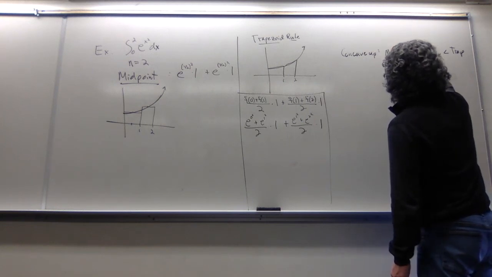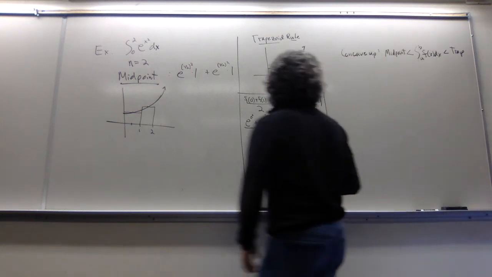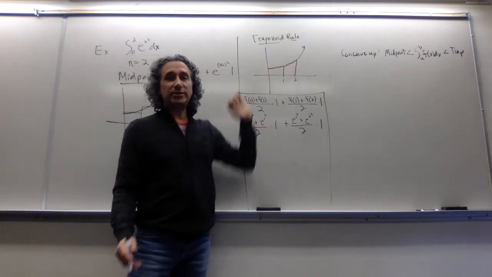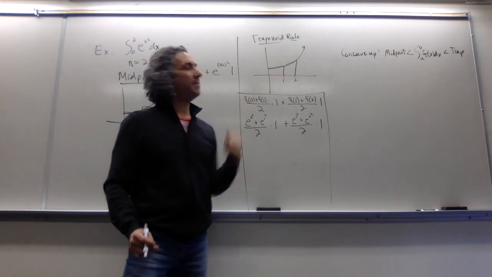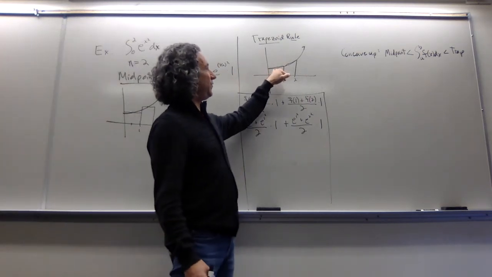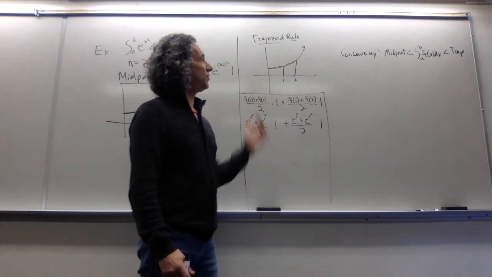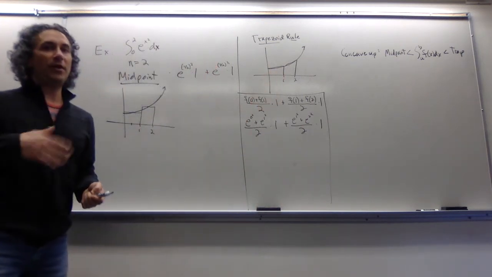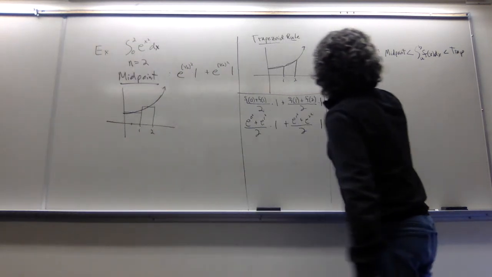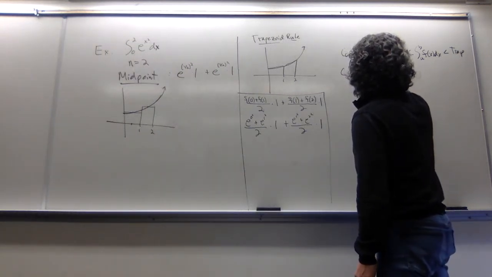So my hint in terms of remembering this is to draw a picture, get the trapezoid rule, and then the midpoint rule is going to be the other one. So in other words, from the picture, hopefully it's clear that the trapezoid rule is overestimating, therefore the midpoint rule is going to be underestimating for concave up. So what about for concave down?